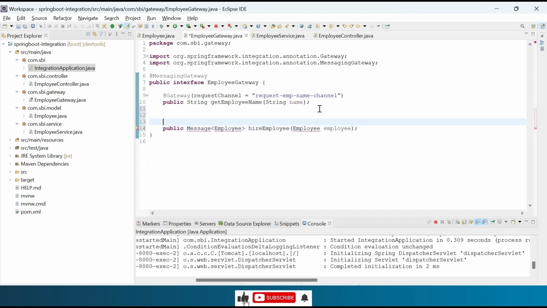Add @Gateway annotation on top of it to indicate that the interface method is capable of mapping its parameters to a message or message payload. Pass a request channel to this annotation as requestHireEmpChannel.